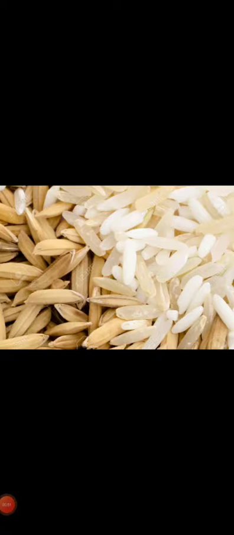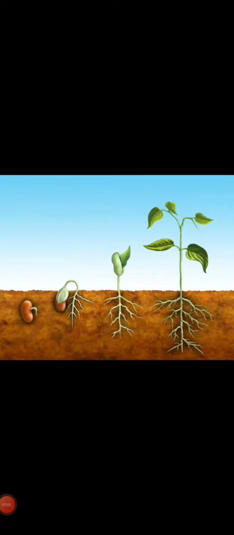Mostly flowers grow into fruits. Fruits have seeds inside them, and seeds are protected in a fruit. Some fruits have one seed, like a mango, and some fruits have many seeds, like papaya. There are some seeds which are edible, like rice, wheat, etc. When we sow a seed, if it gets proper sunlight, water, and air, it will grow into a new plant. This process of development of a seed is called seed germination.